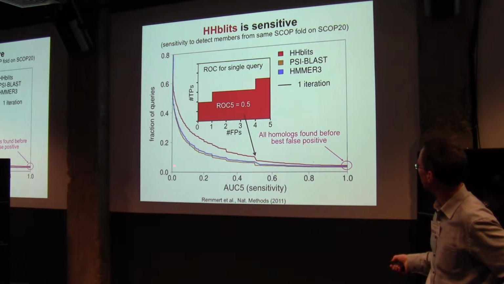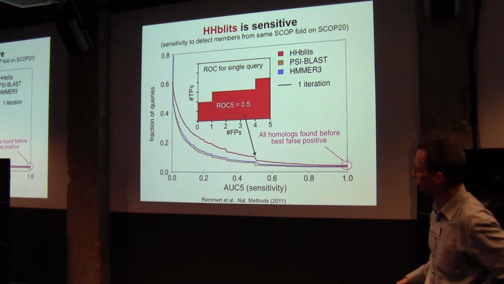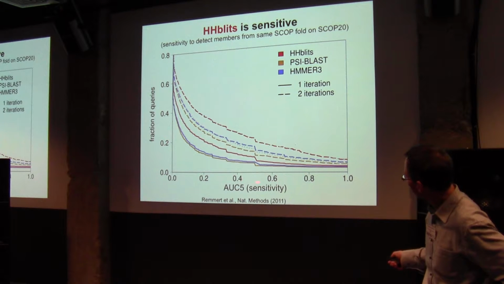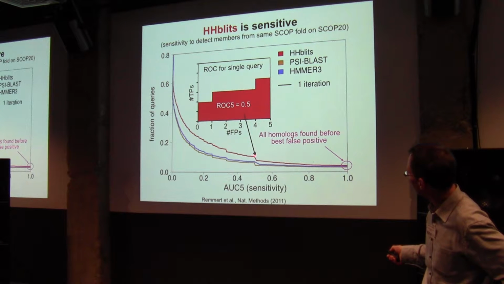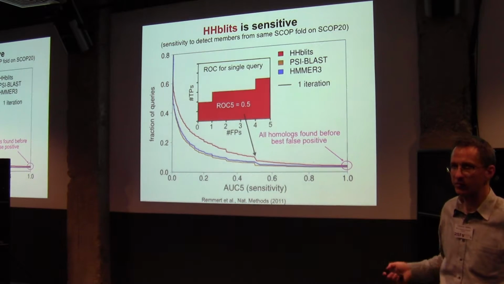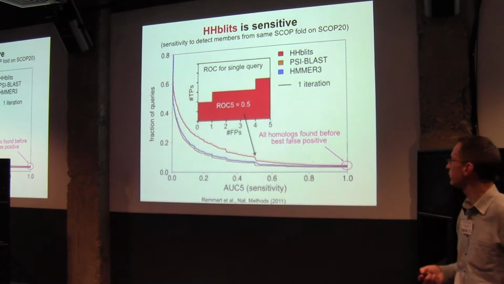And what we then get when we compare HHblits with PSI-BLAST and HMMER is that we are actually quite a lot more sensitive. This is the first iteration, but now we can do a second and a third. And you see that also after the second and third iteration, we are more sensitive. So what we are showing here is the cumulative distribution of all these ROC5 scores. So for example, this height here gives you the fraction of query sequences that produce a ROC5 score of higher than 0.5, or higher than 0.2, for example. Right? So the higher these curves are, the more sensitive this search method. This is one of the standard ways to plot the performance or the sensitivity of search methods.